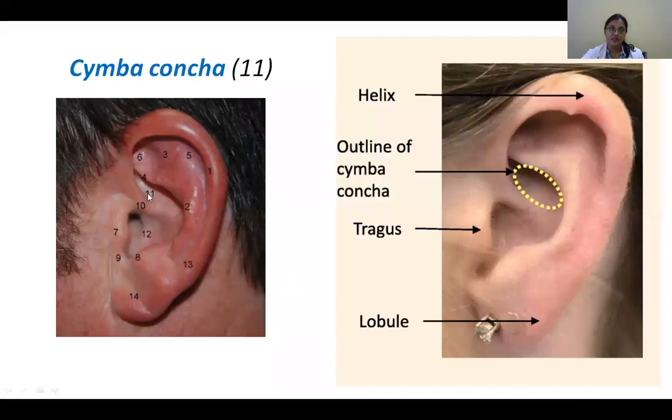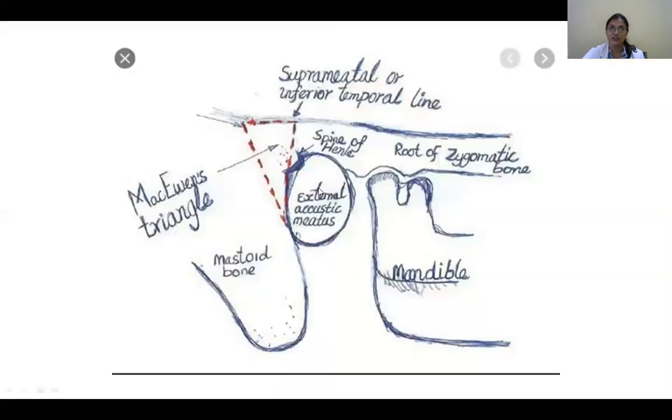So here, these are the parts. So the concha. If you can feel your ear, you can locate the concha. So this lies over the suprameatal triangle, and the suprameatal triangle overlies the lateral wall of the mastoid. And about 1.5 to 2 centimeter deep, if you drill and go, you are there in your mastoid. You will reach up to the mastoid antrum. So that's about the concha here.